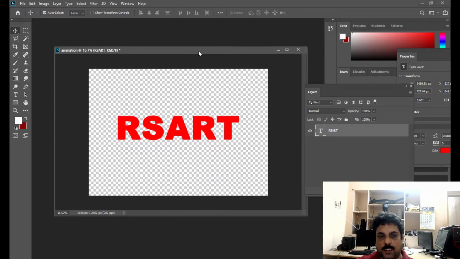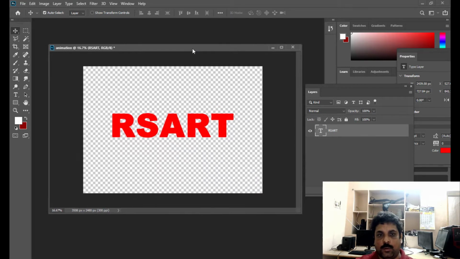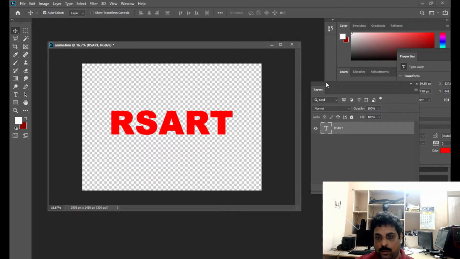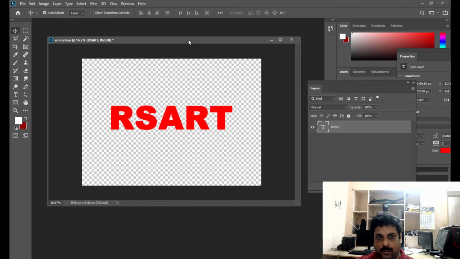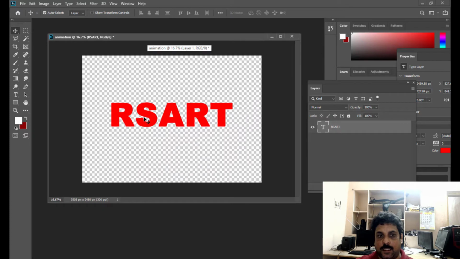So this is a simple text blinking animation that we are going to create, and after this one we are going to create a frame animation of a sequence of images. So let us see how we can do it. The first thing is I'm going to create layers of this text, and in each layer we can see a change of colors for these letters. Then in the end we are going to convert all the layers to frames. So let us see how we can do that.